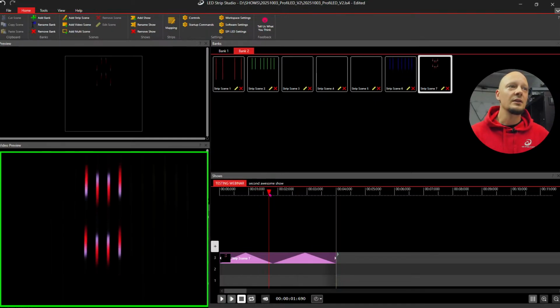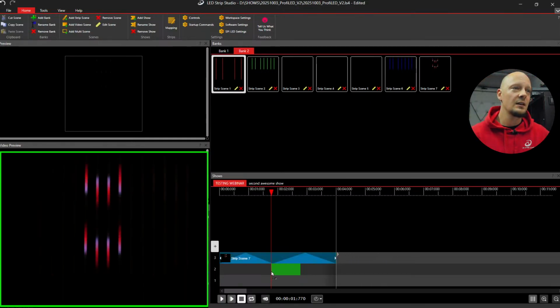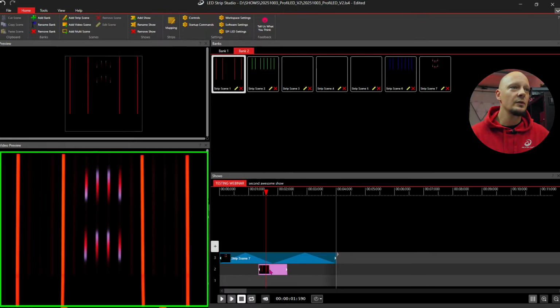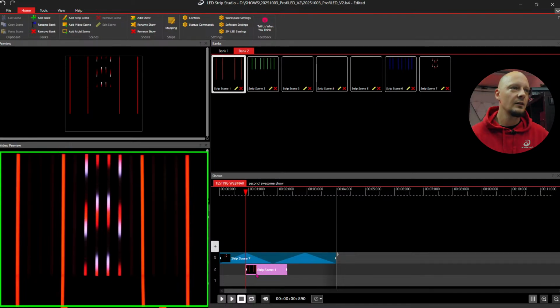What is great, once you have the opacity lowered for one effect in one layer, you can then add another layer, and you will be able to see that layer. During the play, as the brightness is decreasing,